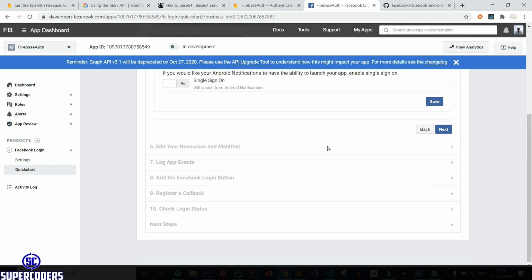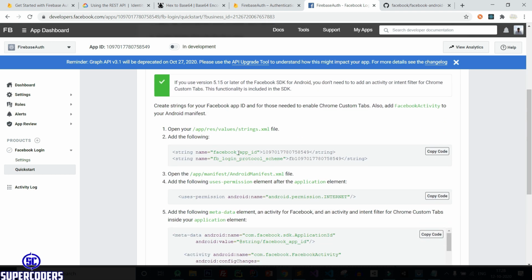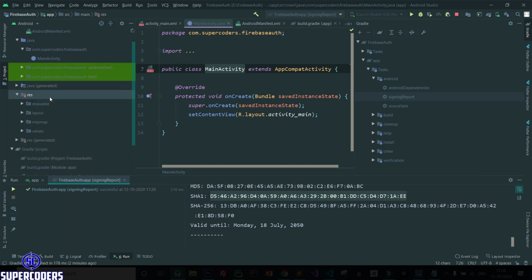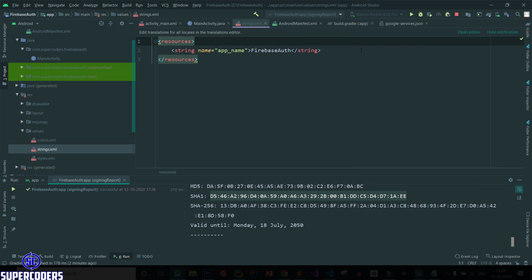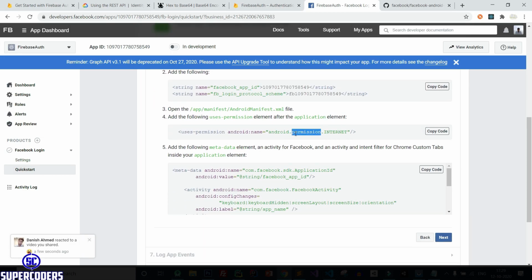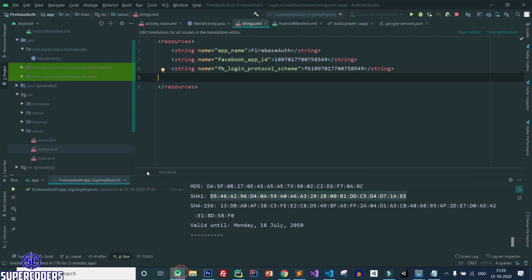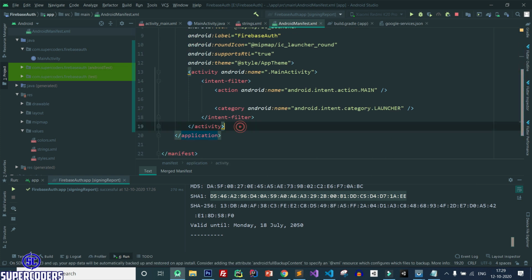then click on continue. Now after that, again click on next, and here we need to do some settings in strings.xml. So simply copy the code, back to Android Studio, come to res, values, strings, also minimize it, and paste the code. Again back to Chrome, next is internet permission, which I already did. Next is Facebook SDK login. So simply copy it, back to Android Studio, come to AndroidManifest.xml, and here inside the application tag just paste the code.